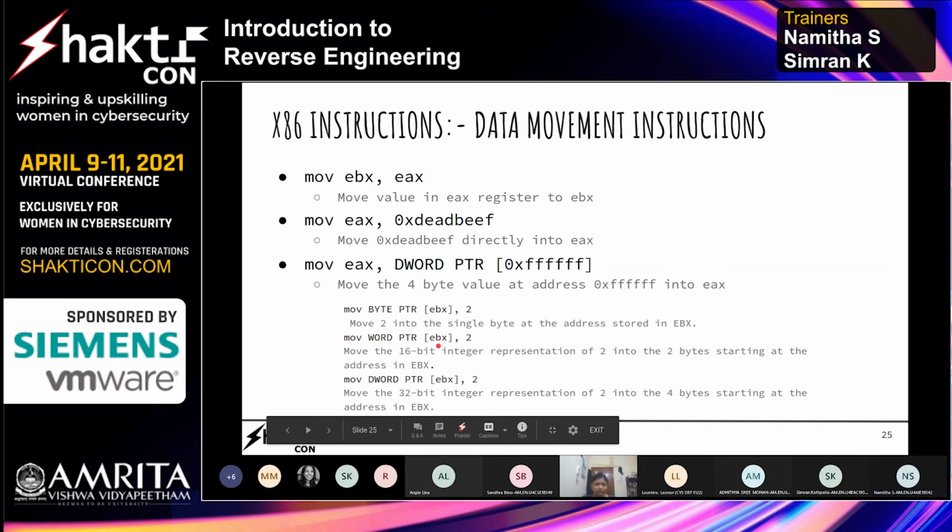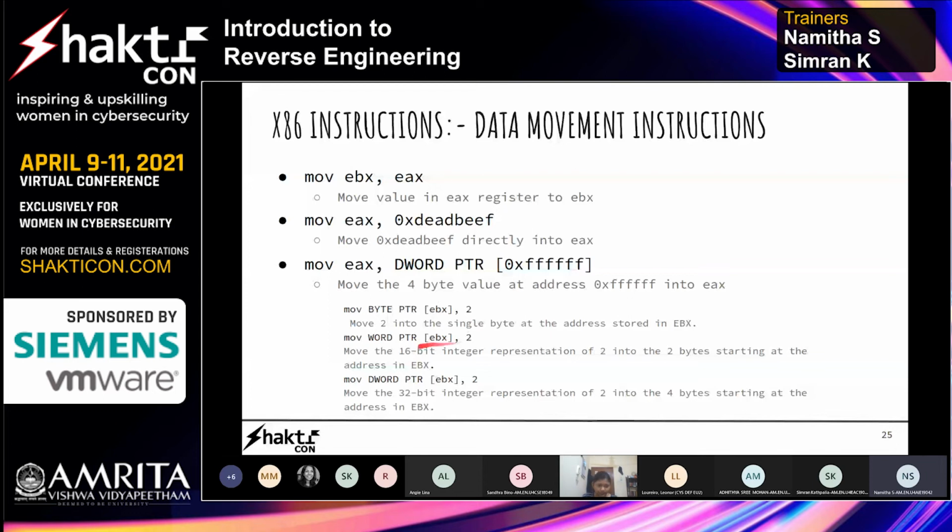Here you can see that byte PTR moves the 2 into the single byte at the address stored in EBX. The 2 is being moved into the single byte at whatever address is stored in EBX. Next is word PTR.